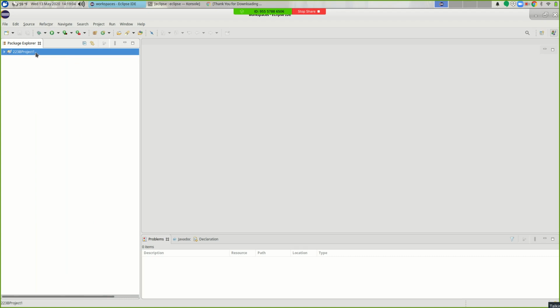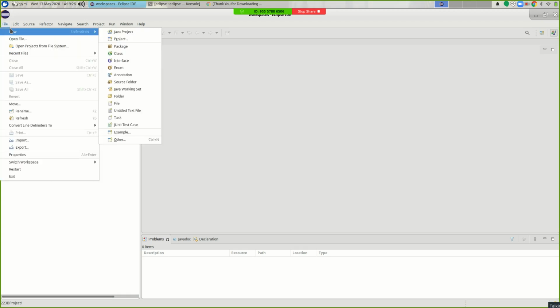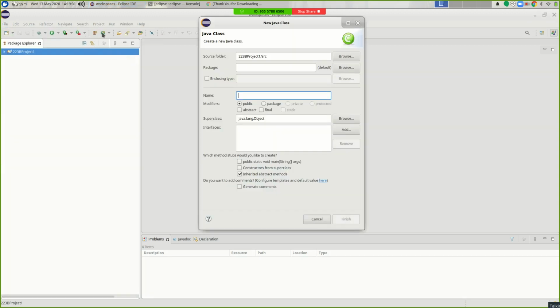Let's make a class, okay? Every time that we've been doing a program in Java, we had to create a class, usually class main, and then inside that we make a public static void main. Or a class even, and then another class, PA1, which creates objects of type even, and so on. Alright, so I'm going to say File, New, Class. Okay, and there's also a button here we can click to make a new class. So it's going to put it under the source directory of my project. That's fine. Leave that as it is.